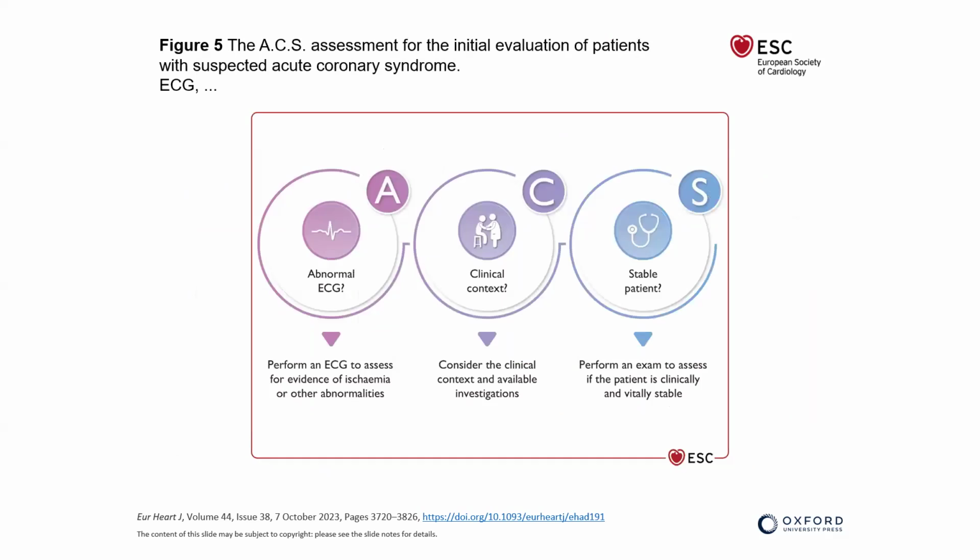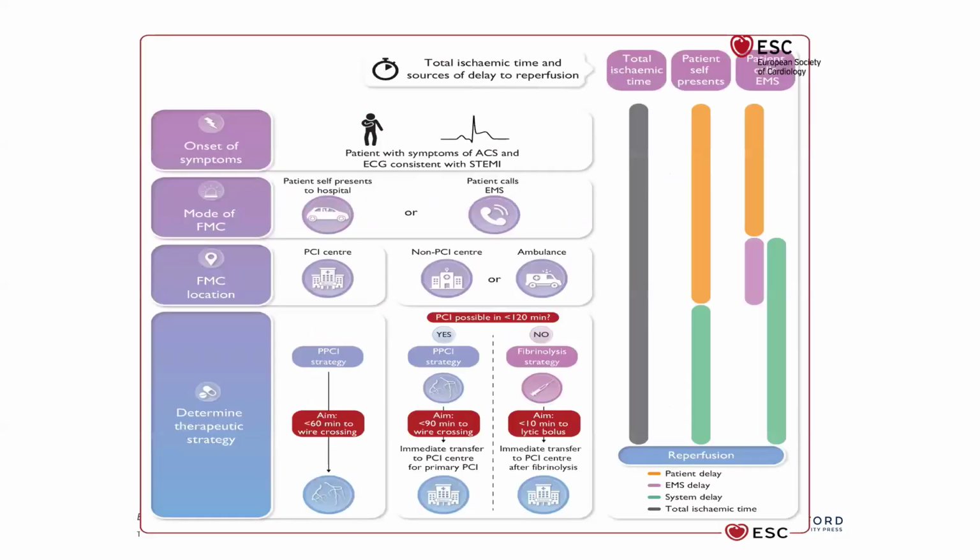So always you are looking at the abnormal ECG in the right clinical context. Then you also ask yourself, is my patient stable or not? All this will inform the path you take. Now, if a patient comes to your facility with chest pain, and you think this chest pain is acute coronary syndrome, and the ECG shows ST elevation consistent with STEMI as defined by the ST elevation.